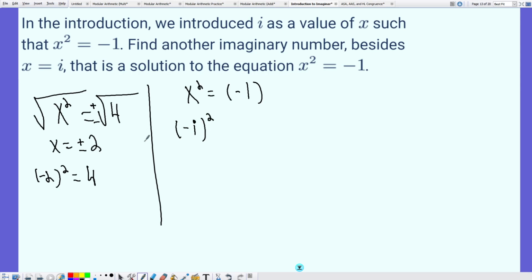What does that become? Well, we get negative i times negative i, which is